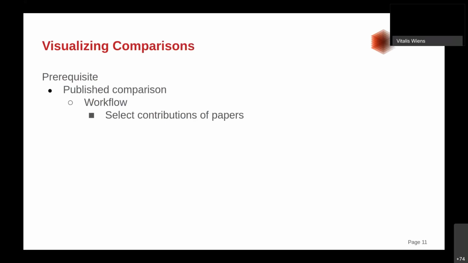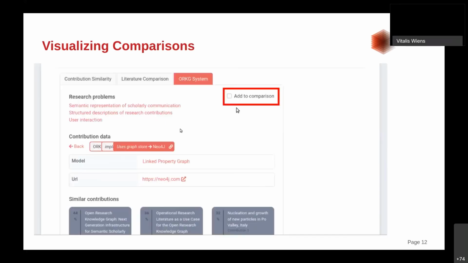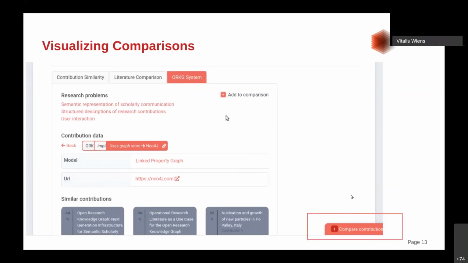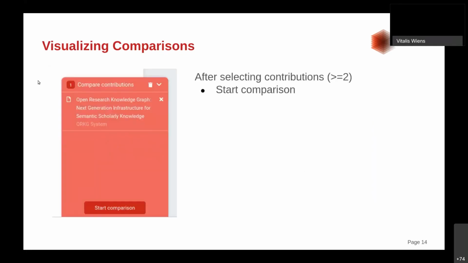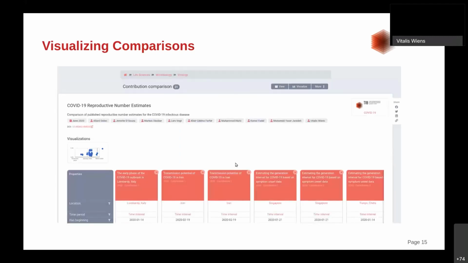And now we're coming to the visualization of comparisons. So a prerequisite is that we have published comparisons. And I want to show a short workflow of how you can also do this in a different way. So basically, when you go to a paper and you have a contribution, you can also select this add to comparison checkbox. And this will give you an information box showing how many contributions you want to compare. And you need to have at least 2 contributions in order to start the comparison. And basically, when you have selected the information that you want to compare, you can press the Start Comparison button, and this will then create the